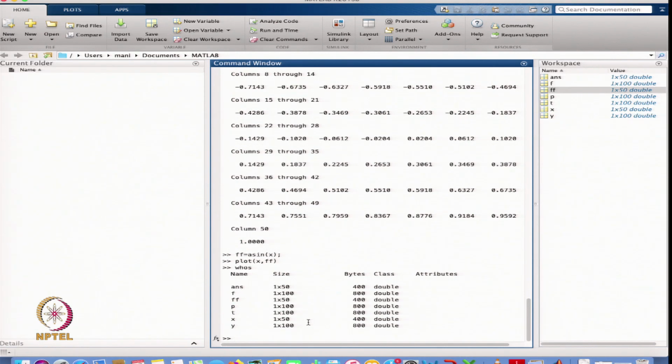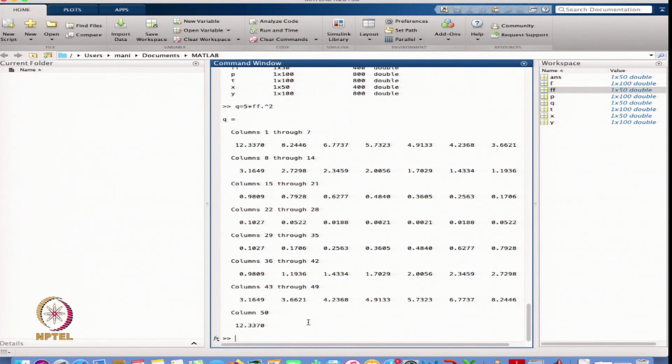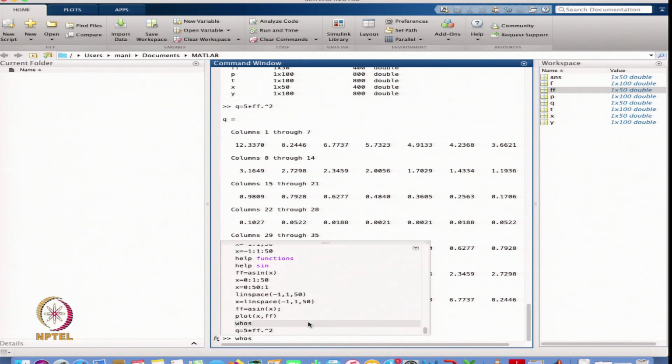So, I take another function q, and define it as ff dot square multiplied by 5. So, this is the new function I have defined, and suppose I want to plot this new function.